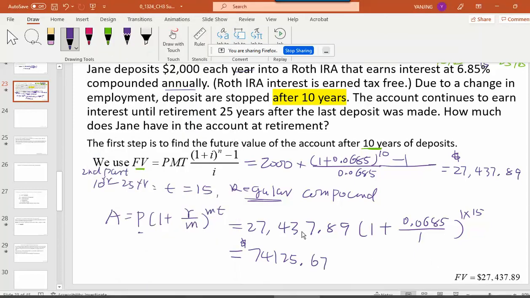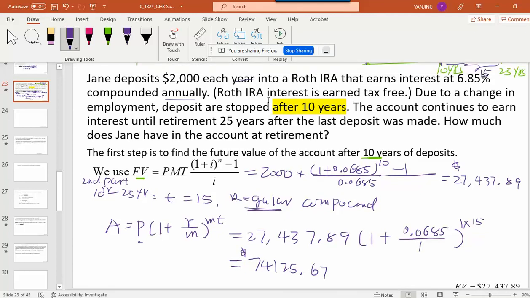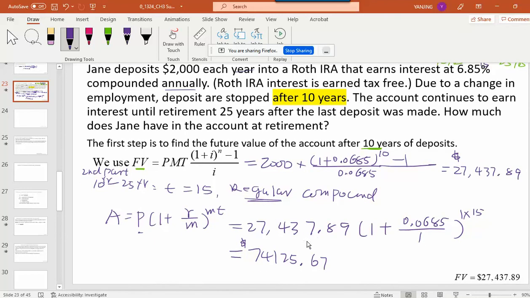Alright, so look at this one right here. If she deposits 2,000 a year for 10 years, and then lets it continue to compound but doesn't deposit anymore after 10 years, she's gonna have this much money at the end of the 25 years when she retires. Okay, so how much does she have in the account? That's this much. How much did the interest earn for this 25 years? Well, the 25 years interest earned, let's see,